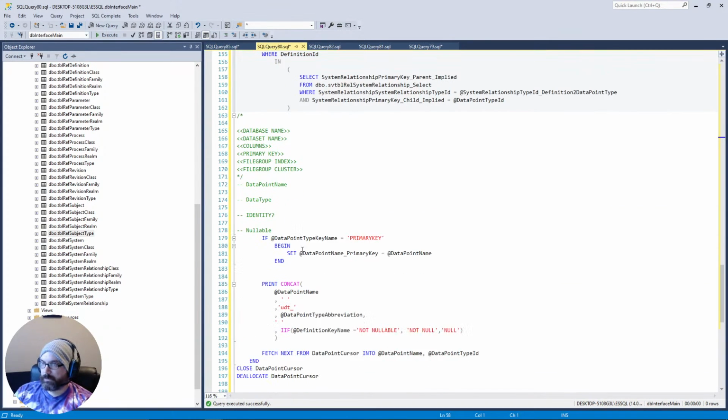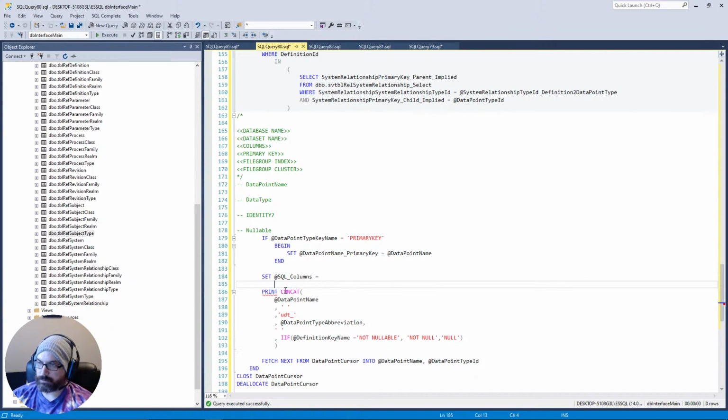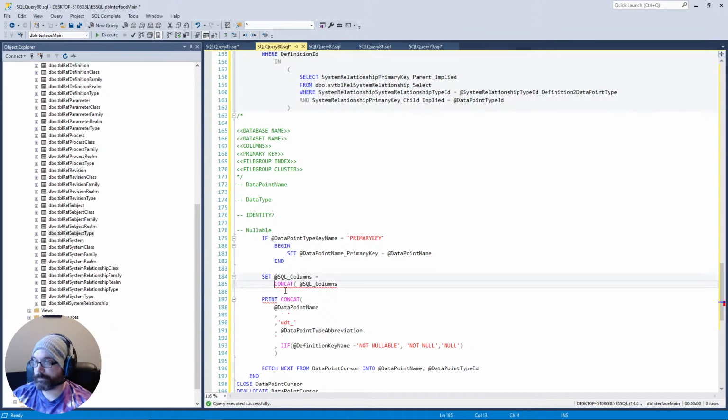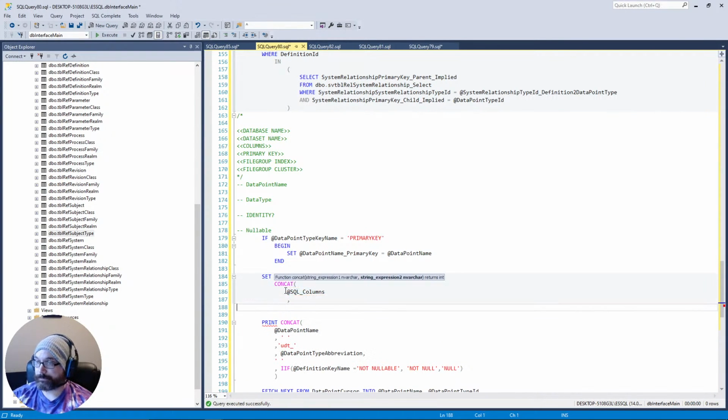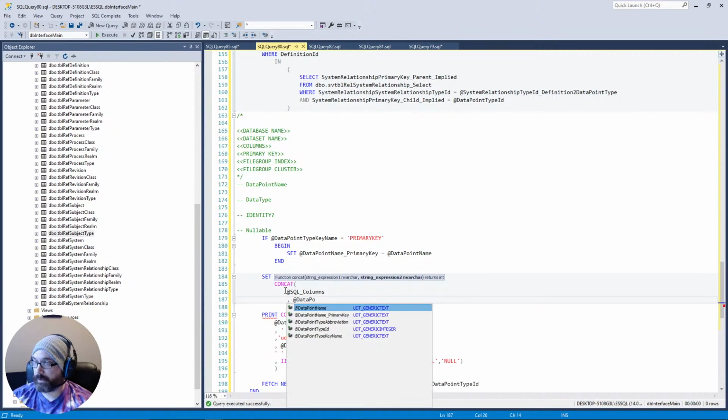So now I iterate through and start building them. Set my columns equals concat what my columns are right now, which is empty, plus the data point name,